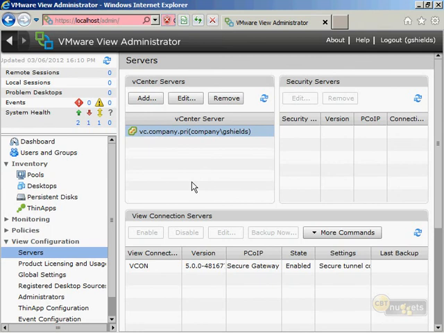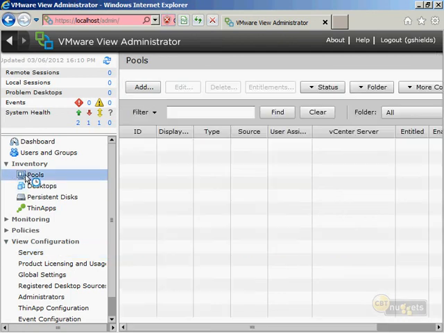Okay, back in the VMware View Administrator. I've made my connection here to the vCenter Server. And now at this point, what I want to do is create that pool. I've got that virtual machine. I want to pull it into a pool so that I can provision it to users that are coming in